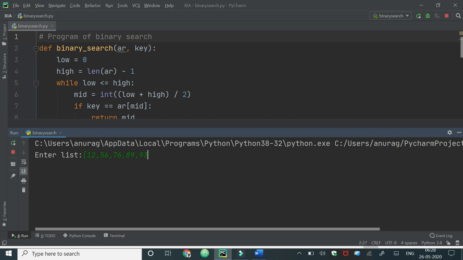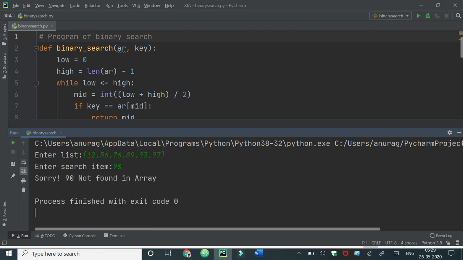Here again we have taken some random values: 12, 56, 76, 89, 93 and 97. Suppose I want to search for the element 90 here, and the element is not present. So it will give us a message: 90 not found in array.